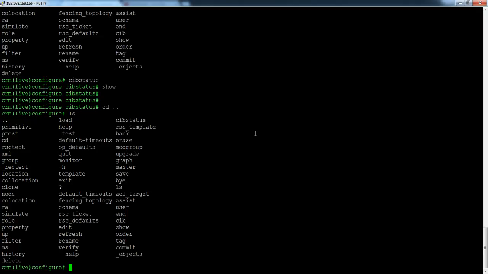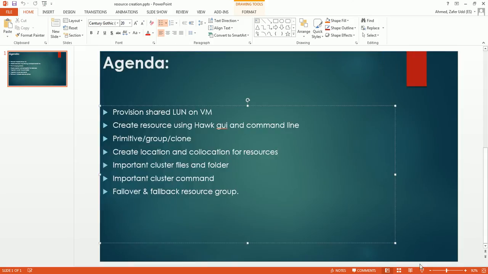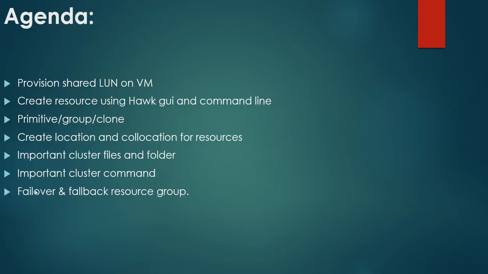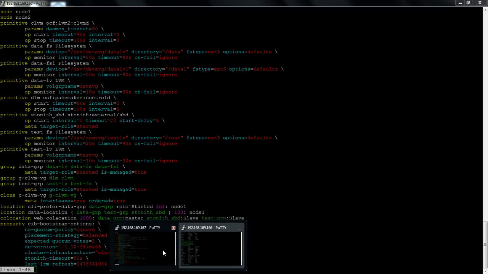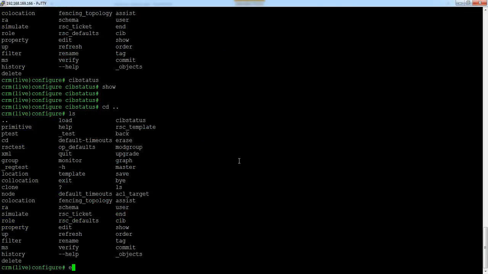These are the basic and most important commands you will need. I think I have covered almost everything, and I also showed failover and fallback, how to do a failover and fallback for a resource group. I showed the crm resource move and crm resource migrate commands, through which you can do that. And I also showed you some important cluster-wide commands, and there is also one command I would like to show you that is important,